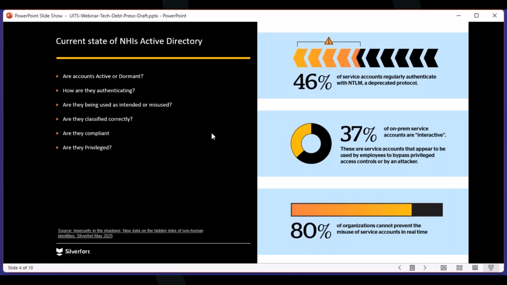And this isn't just accounts, this is groups, right? When we think about security groups, ownership is really important. Who's going to make the decision that someone should or shouldn't be in a group if you need that, right? Who's going to make a decision as to whether that group is still being used or is still in use or needs to be used? Who's going to be able to talk to what that group has permissions to, right? For many environments, you're going to have groups that have access to highly classified data in some cases, right? And if you don't have an owner to talk to, how do you discover that without data management tools? And those are expensive and challenging to use.